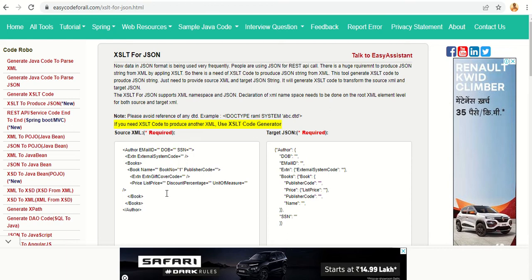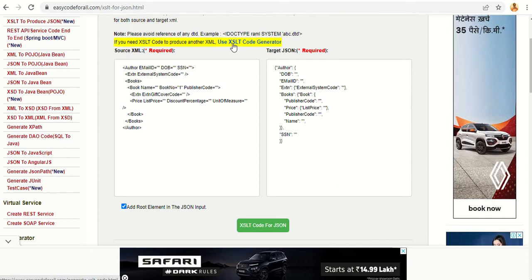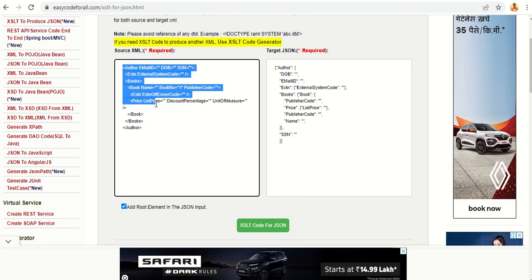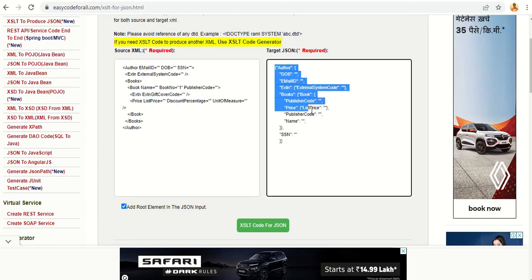So to get JSON from XML, you can use XSLT. You can apply XSLT on XML to produce JSON. So that XSLT code you can generate from here. Okay. So just you need to give your source XML and target JSON. It will generate the XSLT code for you. Okay. Next one is